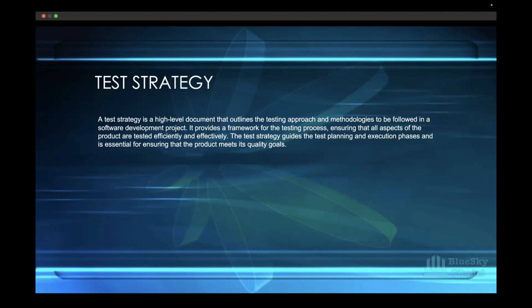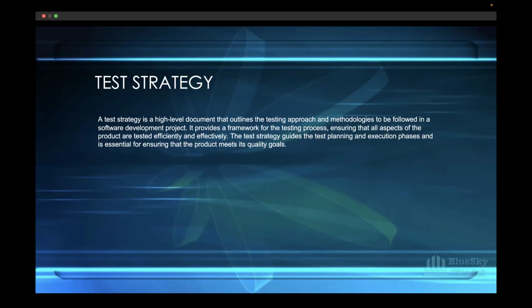Here, you will have to document or complete both documents. You will have to write a test plan, and you need to write a test strategy document as well. So what is this test strategy?